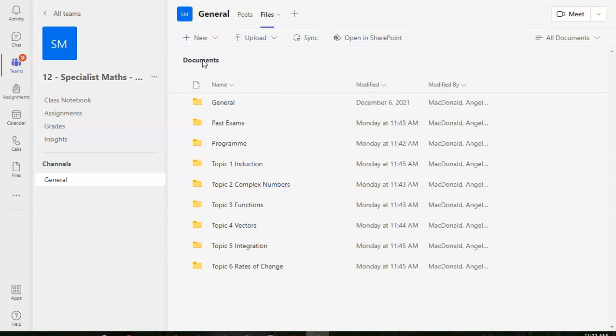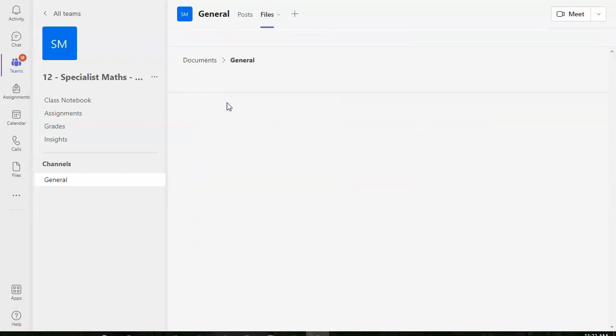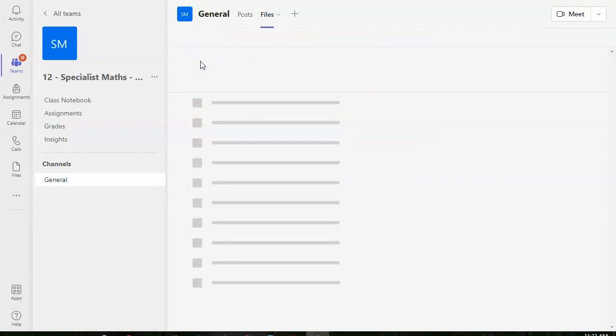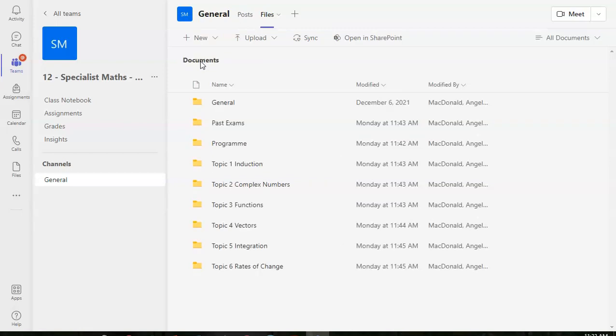And even when I had the ones in General, I couldn't even delete those. So anyway, I deleted everything inside and it still didn't work, but I'll try it again. I'll now keep these and I'll try and delete. So for now, if you really wanted to, you can have a look. There's not a whole heap in there.